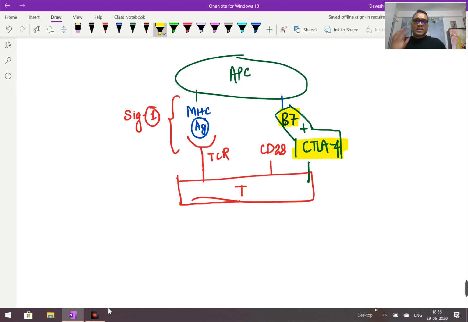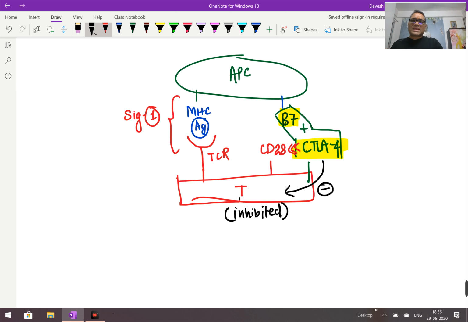So that is why I said, why is CTLA4 combining with B7-1? Because CTLA4 has more affinity than CD28 molecule. So what will CTLA4 do? In simple words, CTLA4 is inhibiting the activation of T cell because signal 2 is not completed. So as a result, this T cell is inhibited, right? So now you understood this very basic concept, so that you can understand the cancer therapy.